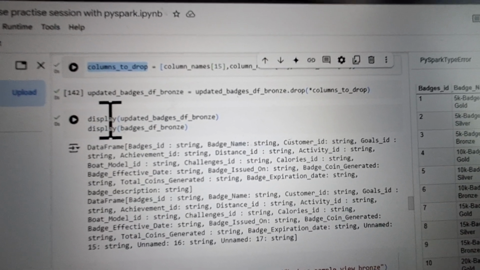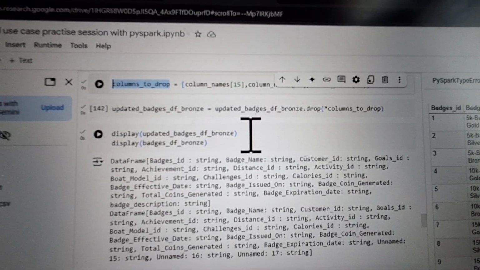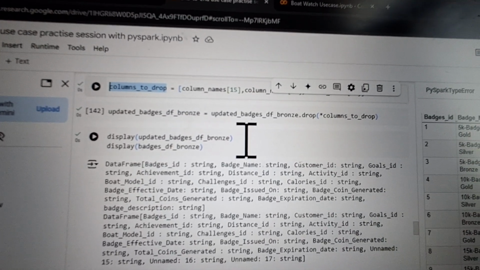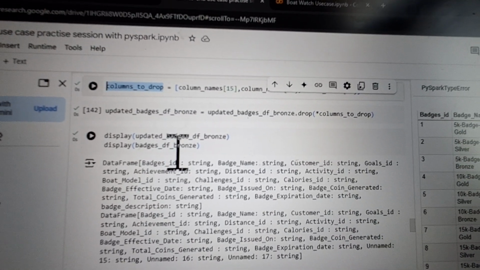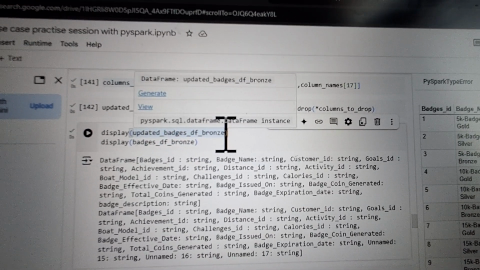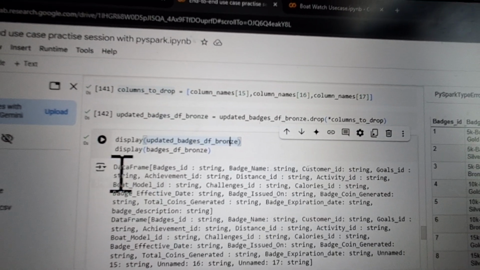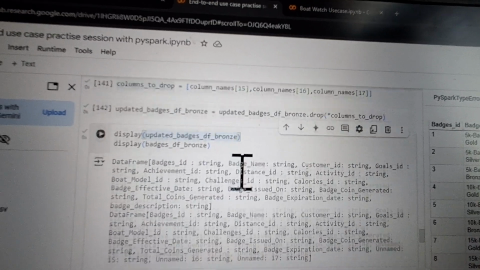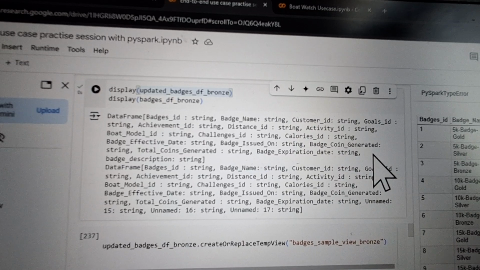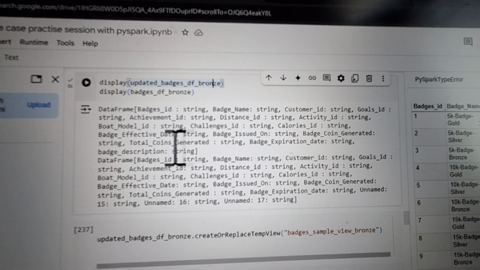Okay, so now if you display, I've written two commands. I'm trying to showcase the difference between both data frames, one with the raw badges data frame bronze, and one which we have updated after dropping 3 columns from the bronze, that is the raw schema. If you see the first one, display updated badges df bronze, here you don't see unnamed 15, 16 and 17, where we have badge expiration date as the second last column and badge description